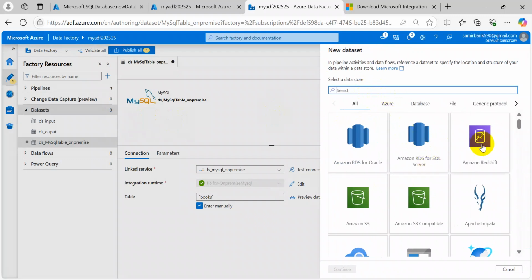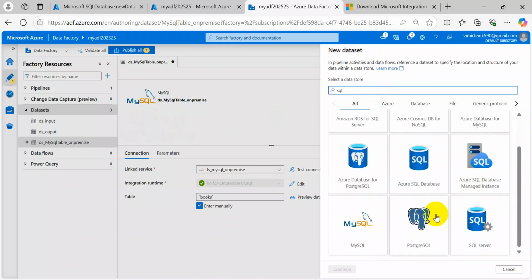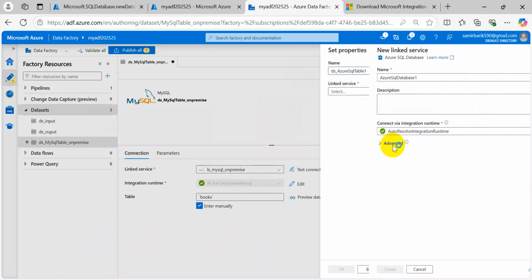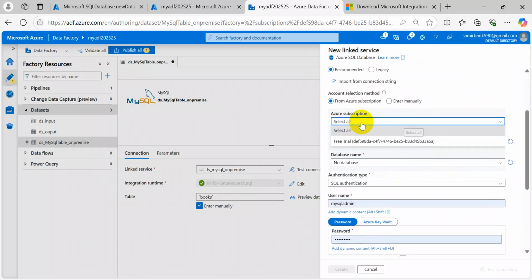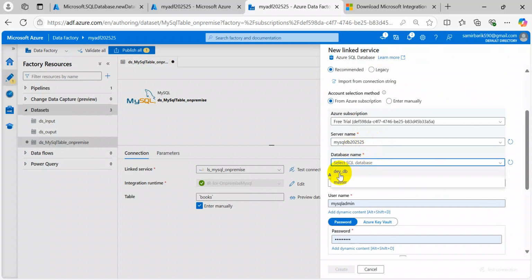and it would be Azure SQL Database. Okay, select Azure SQL Database. So we can mention here dataset Azure SQL table. Click on new, and this is part of Azure. So in that case, we have to select the default integration runtime, and the linked service name we can define like LS_AzureSQLDatabase1, and the free trial and server name would become automatic. Database name also comes automatically,